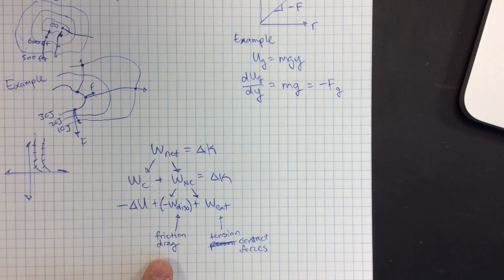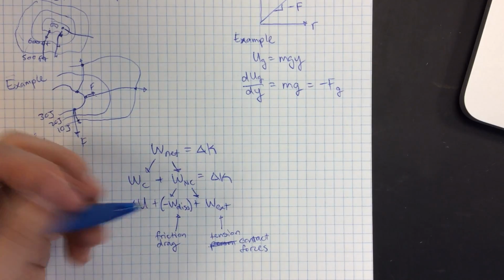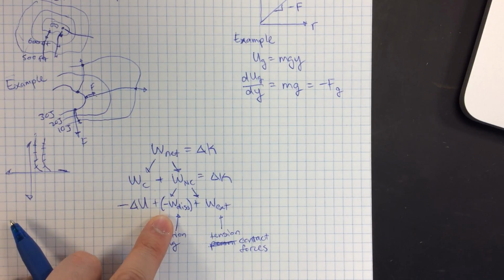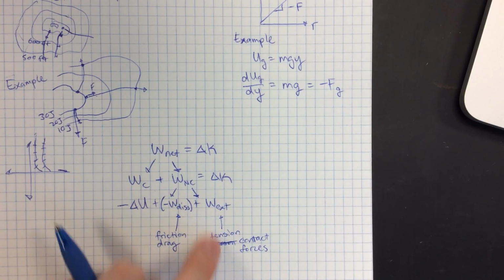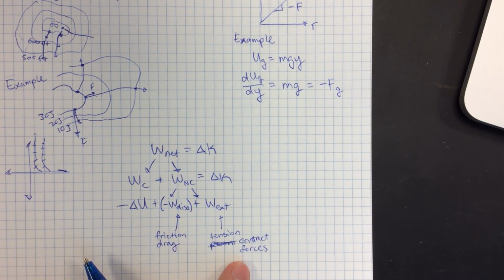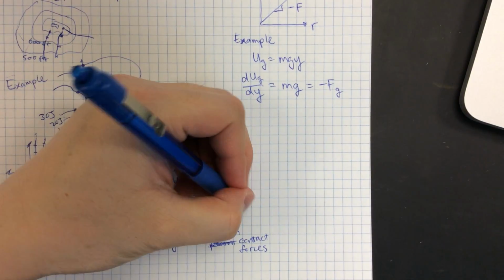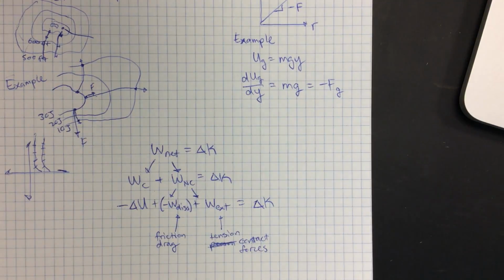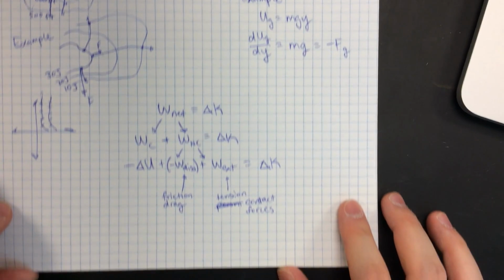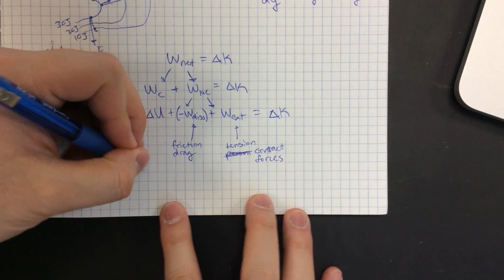These will always oppose the direction you move. Okay? Friction is always in the opposite direction of movement. Drag is always in the opposite direction of movement. So we call those dissipative forces. That's why we always say it's a negative work. While these can be pushed in the direction of movement. You can push on it, you can pull it along with you, you can pull it with a string. Even normal force, as you go around the loop, it pushes you up. Right? Then all of those will equal delta K. So what we can say is that the external work